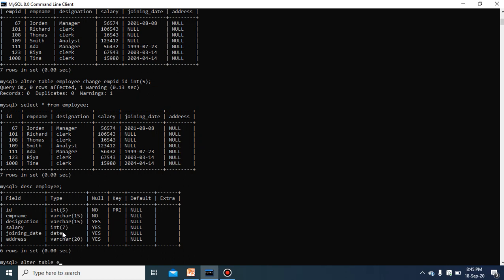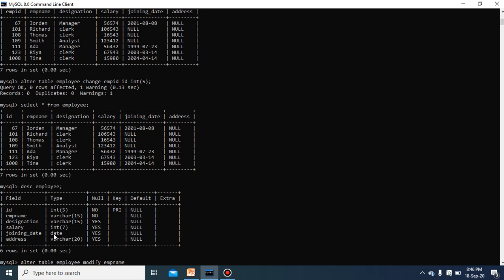ALTER TABLE employee, and then we will use the keyword MODIFY. For different purposes we have different keywords, and you need to remember when to use them. ALTER TABLE employee MODIFY emp_name.